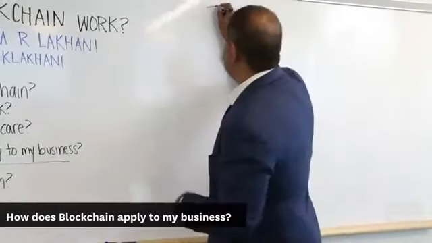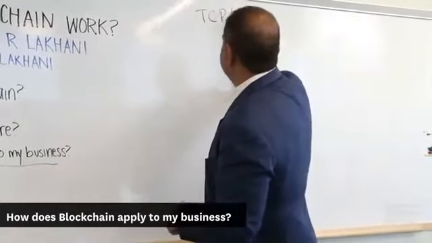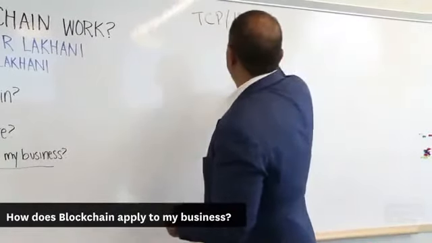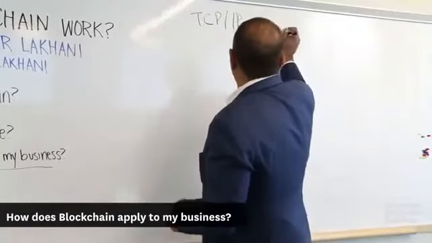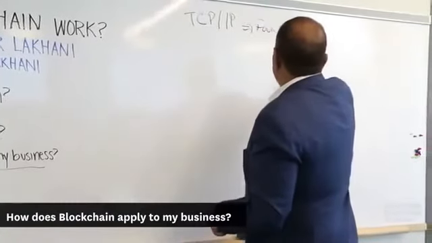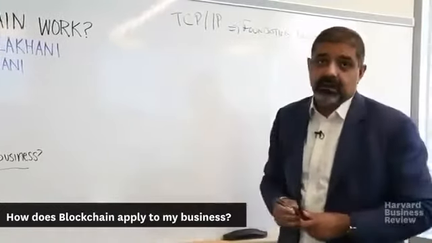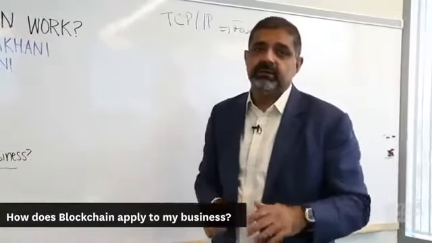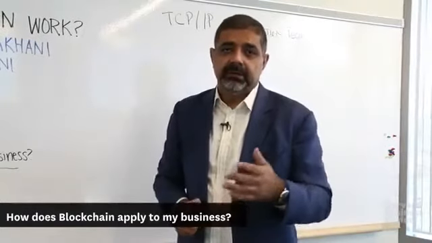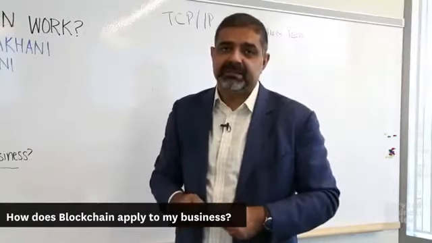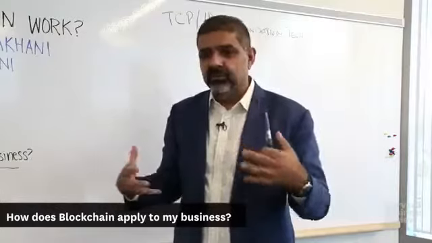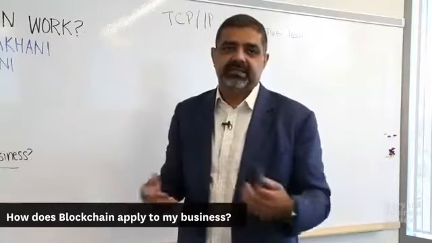So TCP/IP is the foundation for the internet. And this technology was invented in the 70s. Through R&D work sponsored by DARPA, the Defense Advanced Research Projects Agency, to think through sort of a decentralized communications